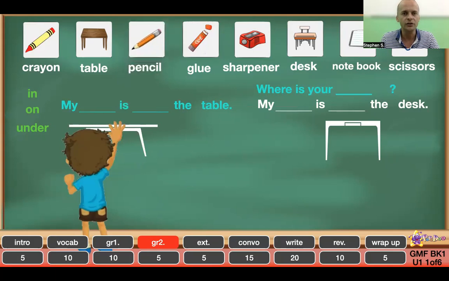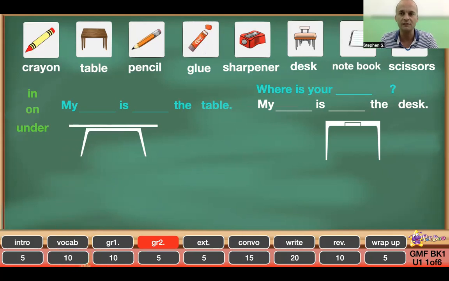Roger, where is your sharpener? And he grabs a sharpener. My sharpener is on the table. Good job, Roger. Now I can do that as many times as I want to model it, to make sure that my students understand what's going on. And now you can see the way I set up the question and the answer system. So it's very, very easy for us to now simply grab our students and then move on to the conversation